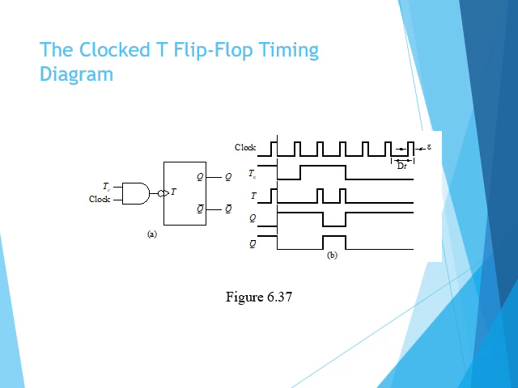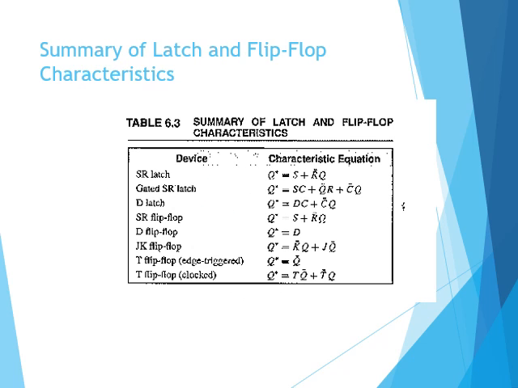Already we know how to draw the final expression, derive the K-map implementation, derive the final expression from the K-map implementation, and after that draw the timing diagrams. Then some of the flip-flops and the final expressions are shown here. All the latches are shown, and the final expression is important. This is the important one shown here.